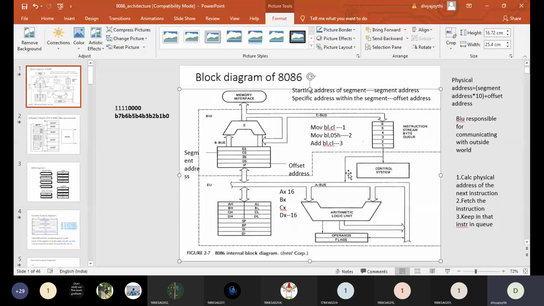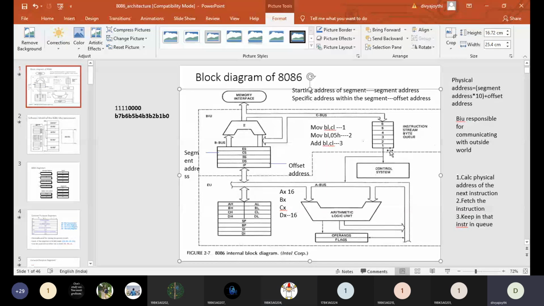That means you are saying that when the first instruction is being executed, or is in the process of execution, the next instruction is going to be provided by the BIU. That is what you are saying, right? Yes, ma'am. Now listen. My question is, the first instruction that the EU is executing is of 1 byte size. That means there will be a space for 1 byte of the next instruction, isn't it?